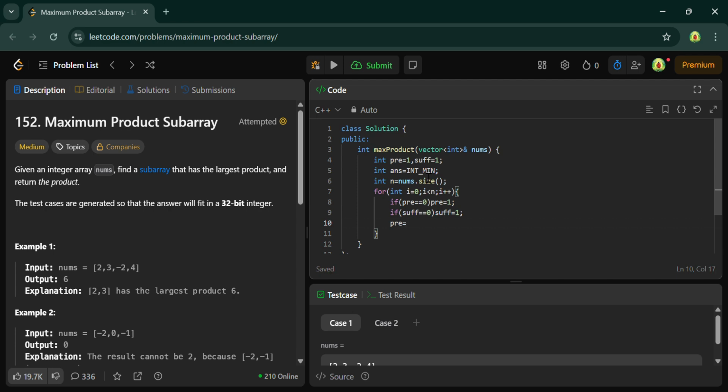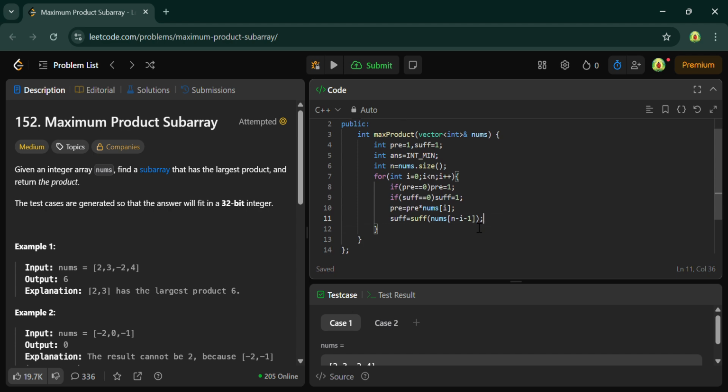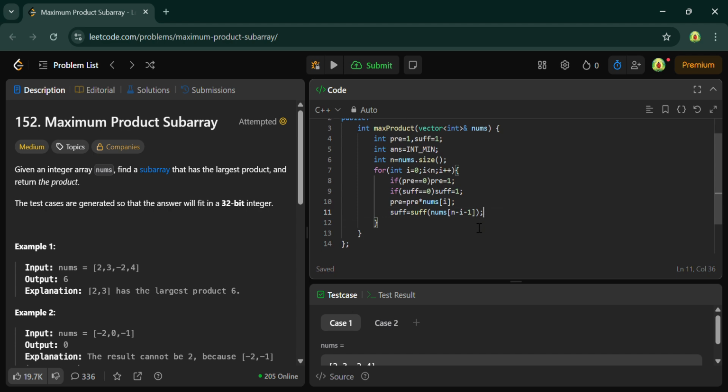suffix equals to prefix into array of I, which is nums of I, and for suffix I will find suffix into nums of I, n minus I minus 1. This will do this like that, and after this you just have to